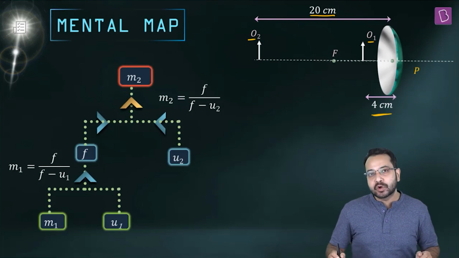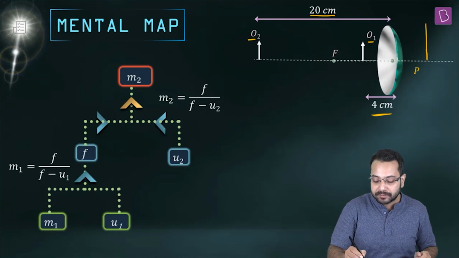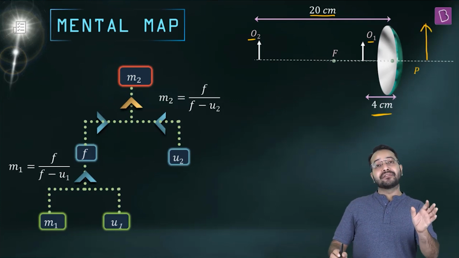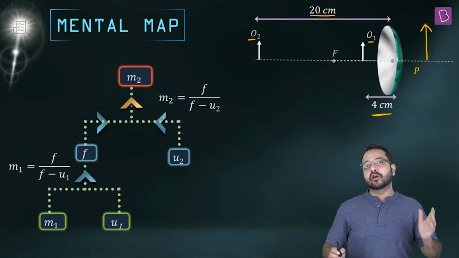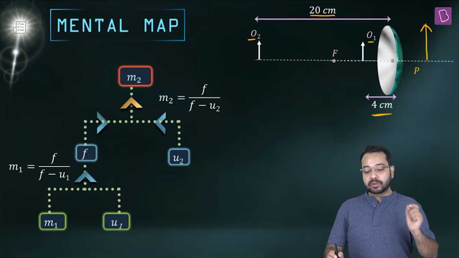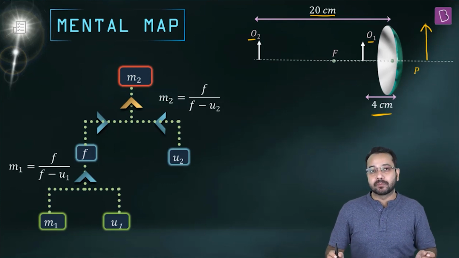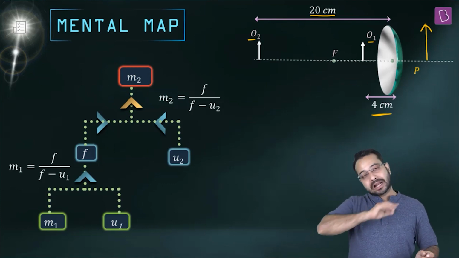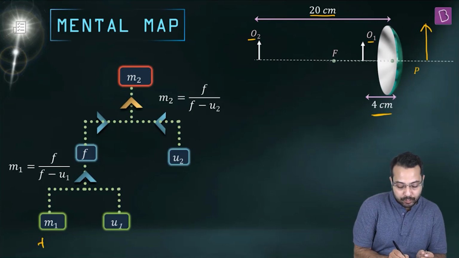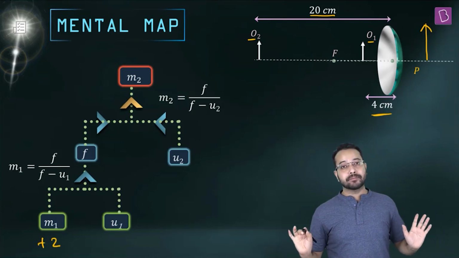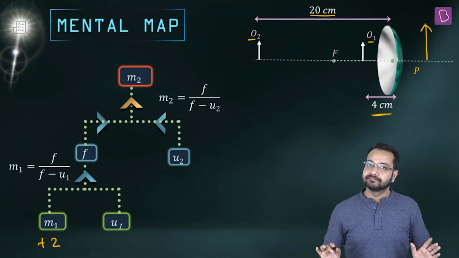So where is the image going to be formed? The image is going to be virtual, magnified, and also upright. That's how a concave mirror forms an image when the object is placed between focus and the pole. Now this tells me that I can be absolutely sure that the magnification is going to be +2, because the image is upright. That is the key concept that we had to use.